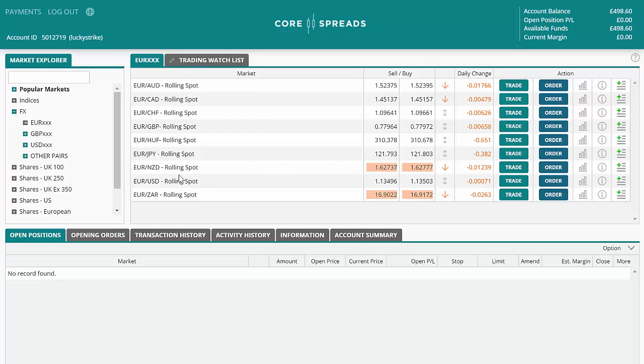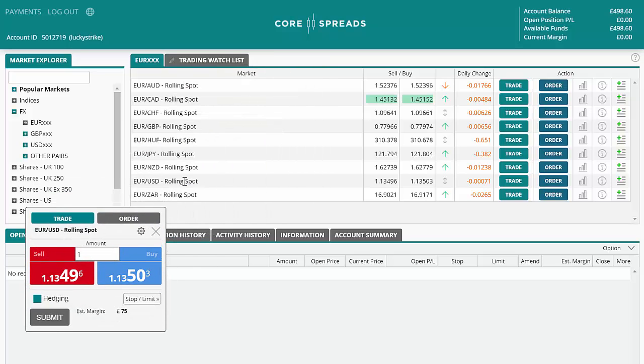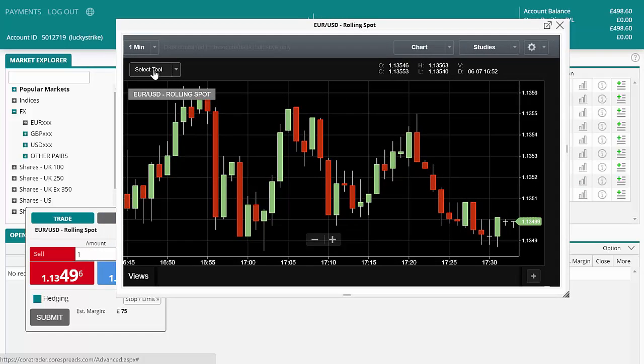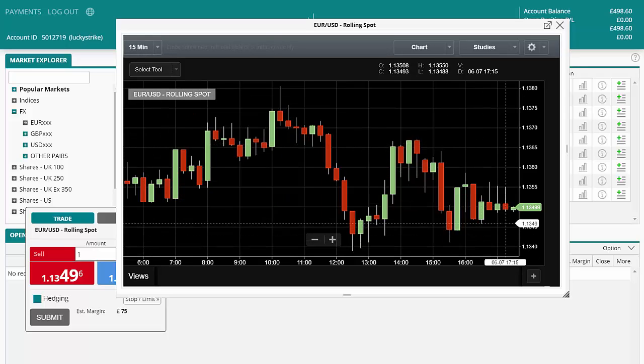But we'll make a trade as we said we were going to do. So we'll press place trade. We'll get up the chart as well. Let's have a look. Euro US dollar. Let's open that chart, see where we are. So there's a bit of potential support there, possibly on the 1 minute, but we'll look at the 15. Kind of like a wedge-shaped triangle there, almost. There's some consolidation, but